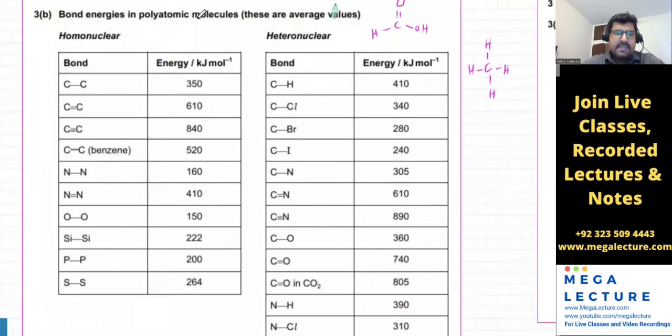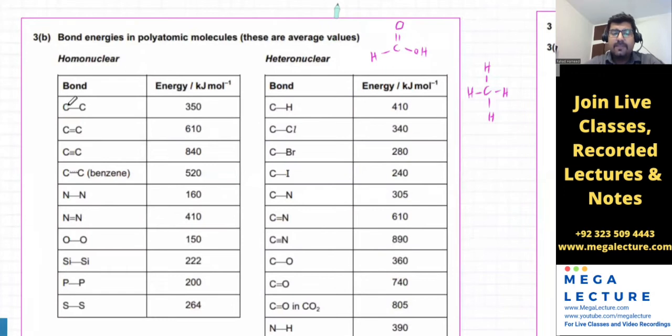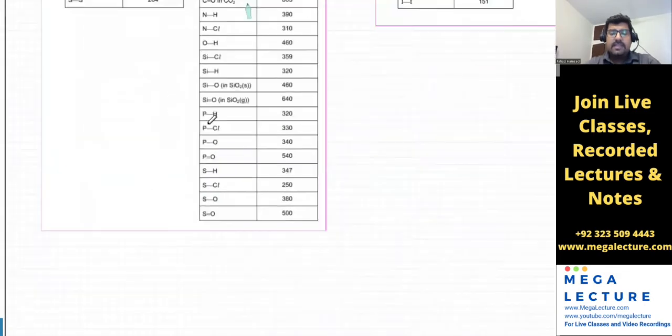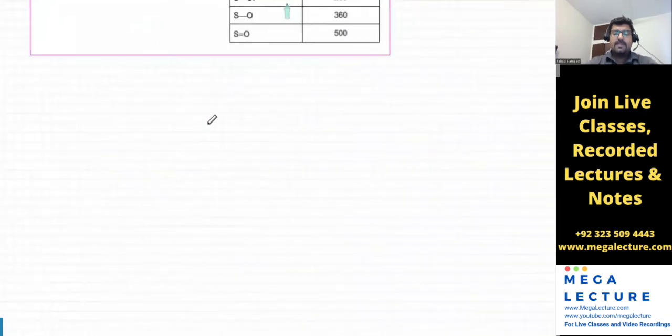In the same way, all the other C-C bonds, right? There are many different molecules that have a carbon-carbon bond. Each one would have some slight differences. The electrons would not be shared in exactly the same way in all of them, depending on the molecule, right? But don't get confused with this. Just keep it simple: if you have a carbon-carbon bond, you're going to take this value. If you've got a carbon double bond carbon, you take this value. Now, using this, I'm going to do the first question, which is based on